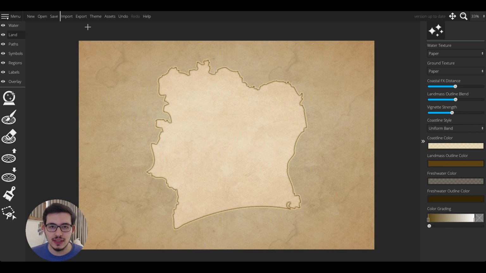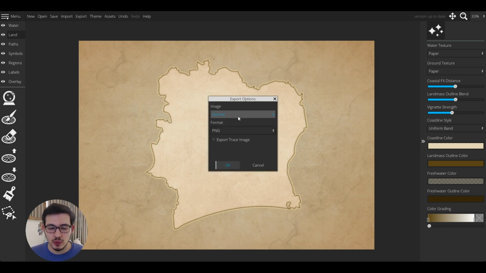Another thing we have is export. When you go to export, this is where you are going to be exporting your file, but you have a few options. If you go with normal and PNG, this is where you change the format. You're just going to export the same size of your canvas, but if you click on this, it will upscale the map on the export both horizontally and vertically. Therefore, you will actually end up with a map that is 4 times bigger than the original file.